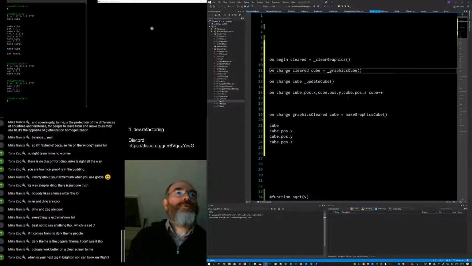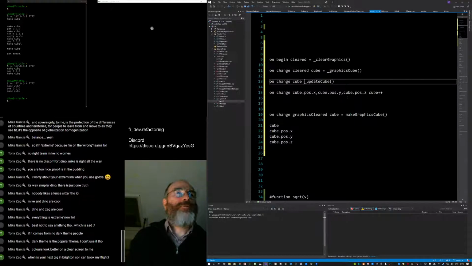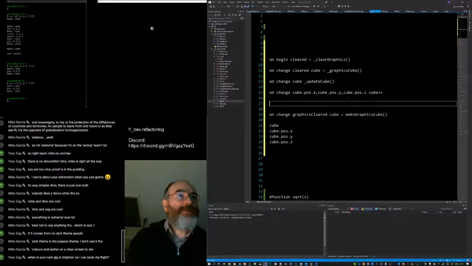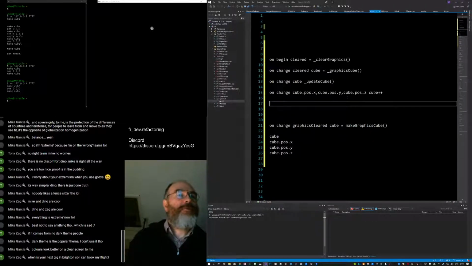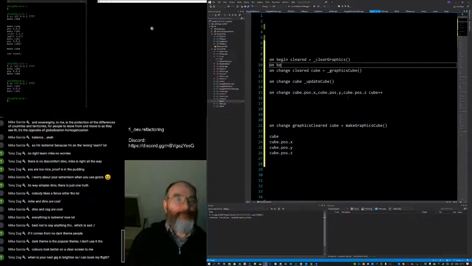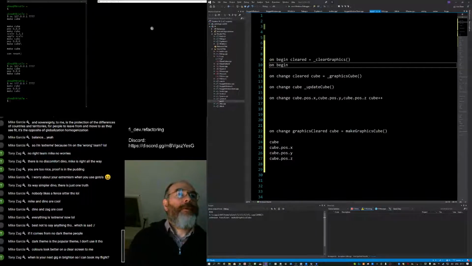The cube is also modified when we do this graphics cube. I mean, this is a good place to start. The next thing then is that I need to know how to update the cube 60 times a second. So I need to now have a tick. So on begin, we could say,